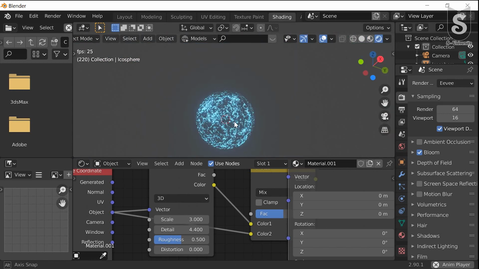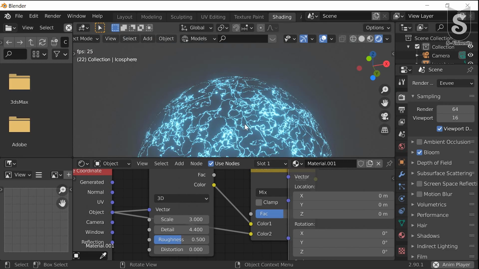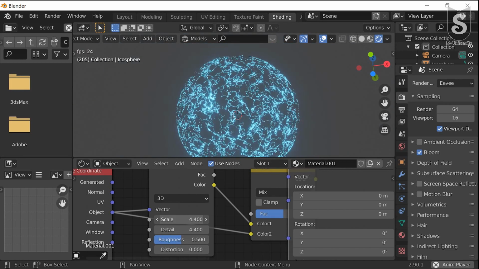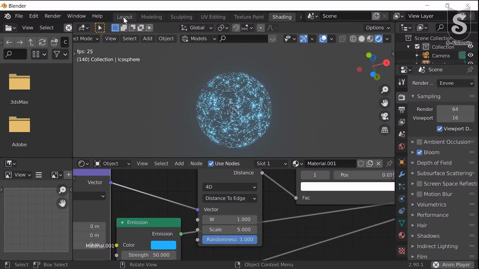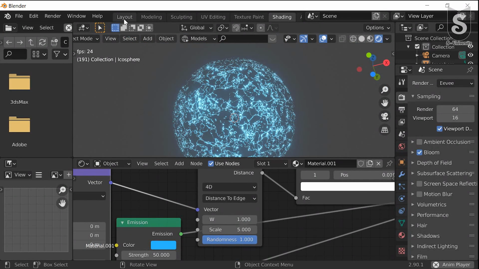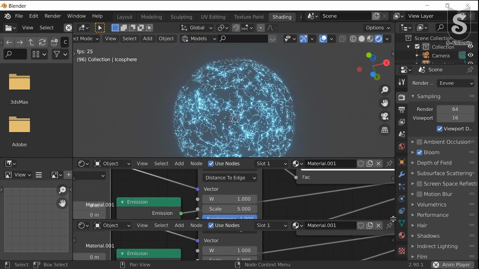We can see in render mode it is looking good. Now we are going to create animation. For animation we need a timeline, so we will add a timeline here below.